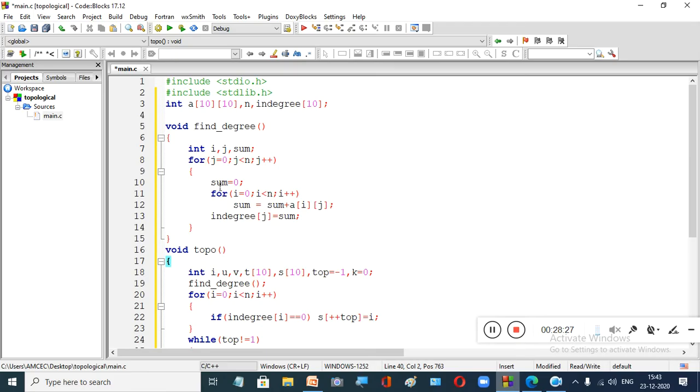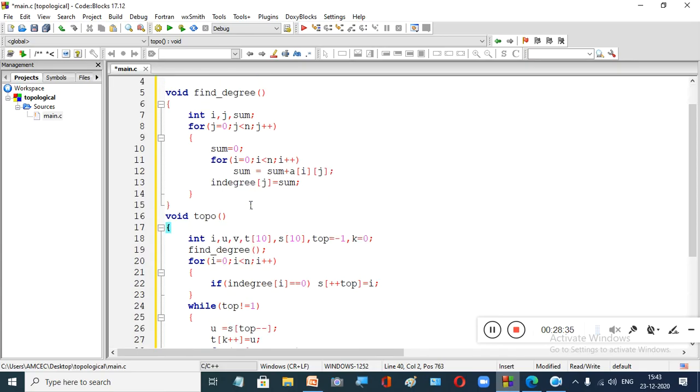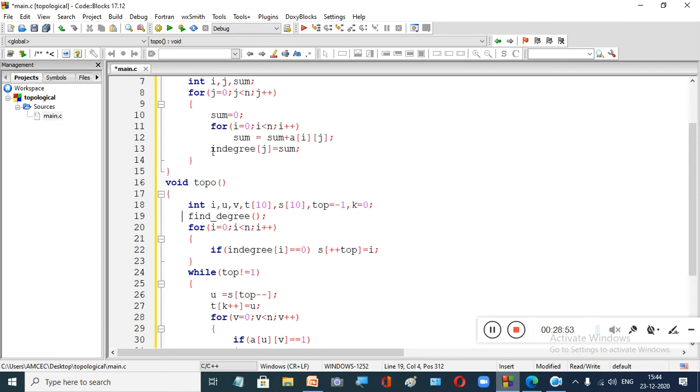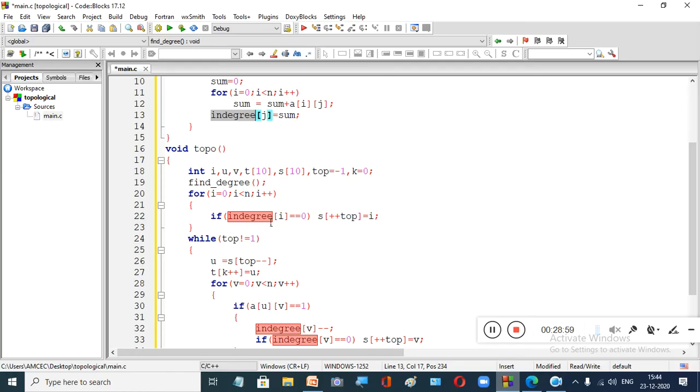So now what we have done, we have taken two functions. The first function is column sum. Why are we going to do the column sum here? In order to find the in degree. So that task is over. Next we look into our topological ordering. So the first step, call that function, find the in degree. Then for I equal to 0 to n, you check that in degree, because once you execute this function, the result, that is the in degree, is stored in this single dimensional array. Now you check that single dimensional array and see how many vertices have in degree 0. You push all those vertices into your stack.